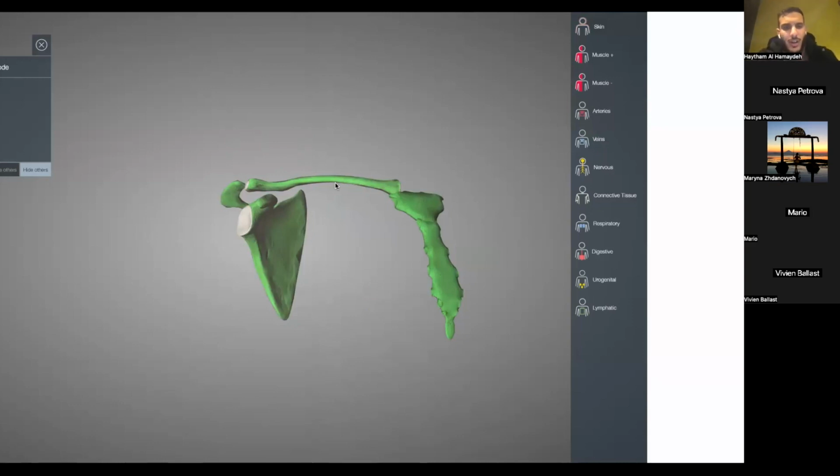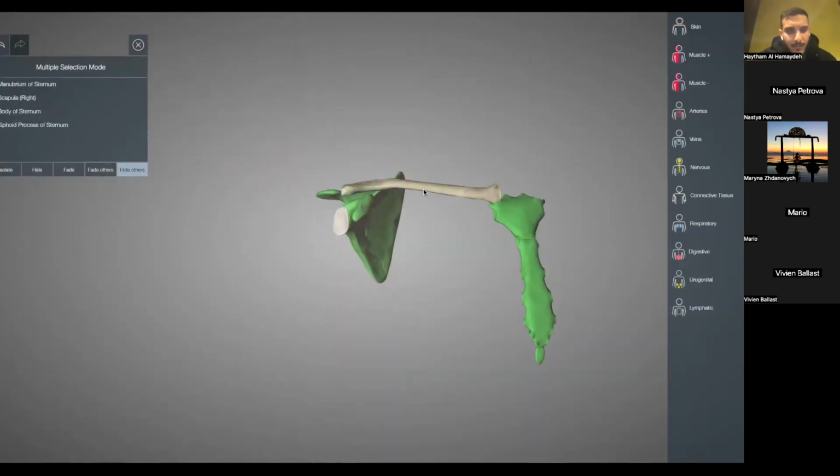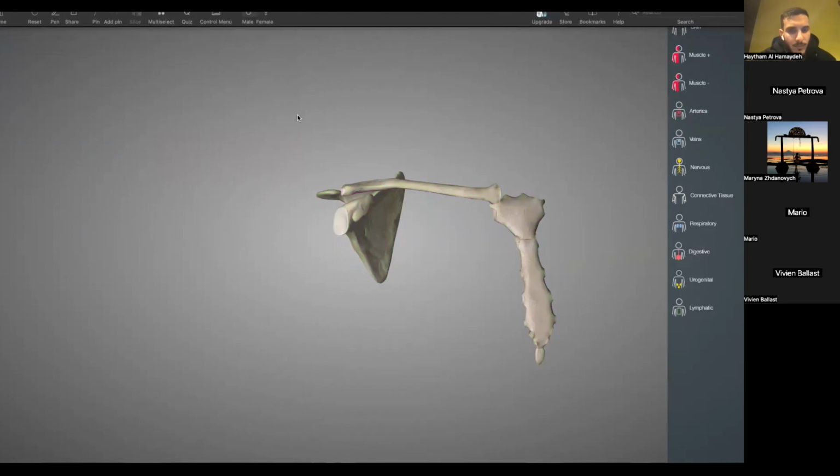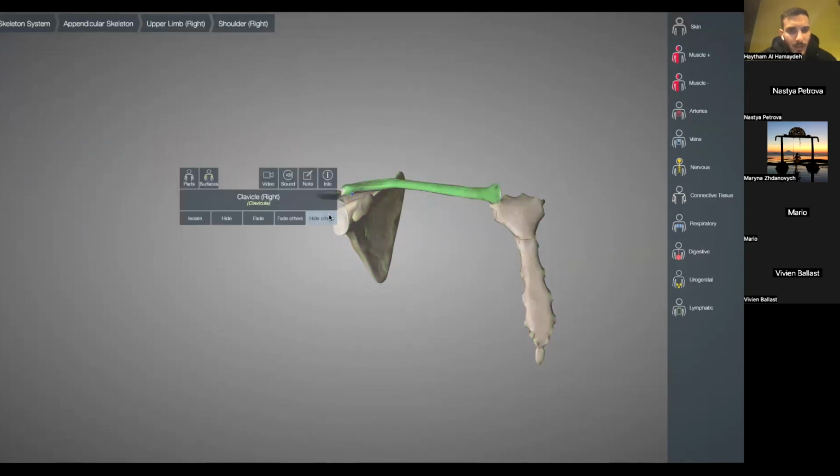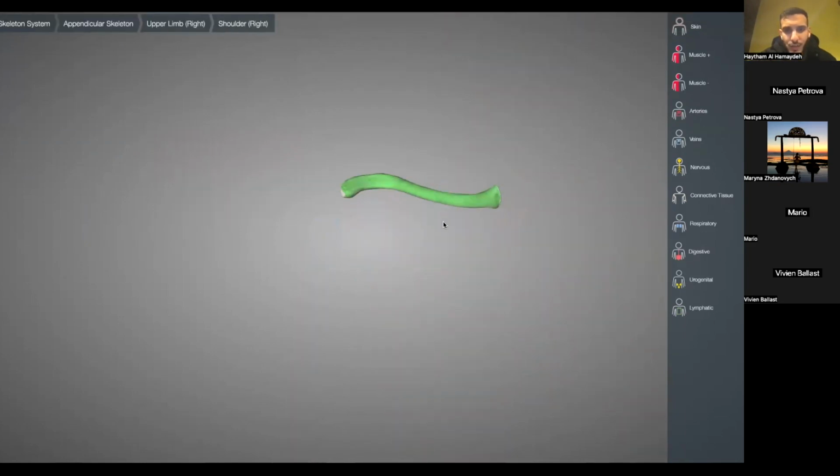Now we have to just talk about the clavicle and the scapular parts. And this is really important for us to remember, our pins. The clavicle is a flat S-shaped bone. The clavicle is a flat, S-shaped bone, okay? It's S-shaped